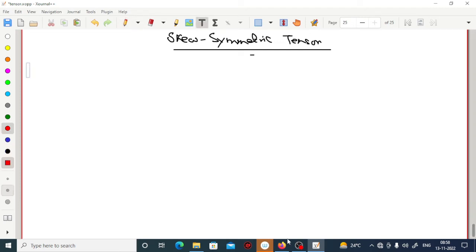Let us put the next heading, that is the skew symmetric or the antisymmetric tensor. So I start with the definition of this skew symmetric tensor. It's a very simple one. Once you understand symmetric, skew symmetric is very simple. So if by interchanging